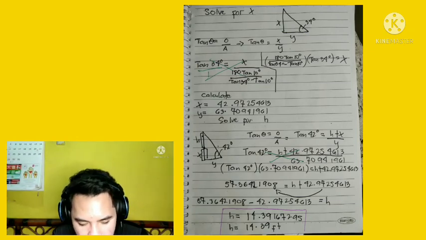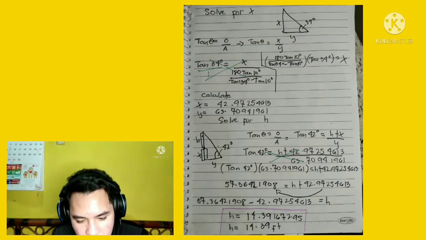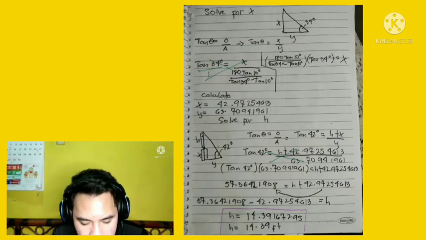So why h plus x? Because h and x is the height of our tower and the hill. That is the opposite. So now we have tangent 42 degrees equals h plus our x, which is 42.97254613, over our y, which is